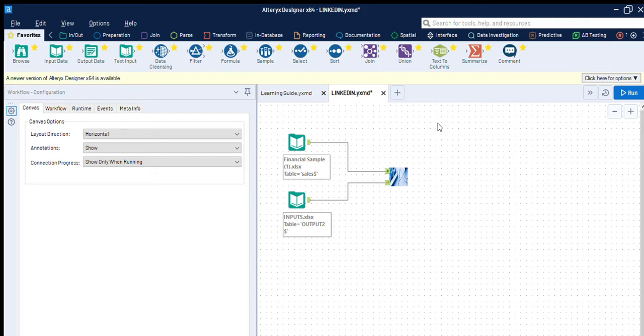Without further ado, what we're looking at here is the Alteryx workflow. Now this is the canvas, okay? It's what they call the canvas. And these are my inputs. I have two inputs going into a macro. Now what this macro does is it compresses the workflow or your logic